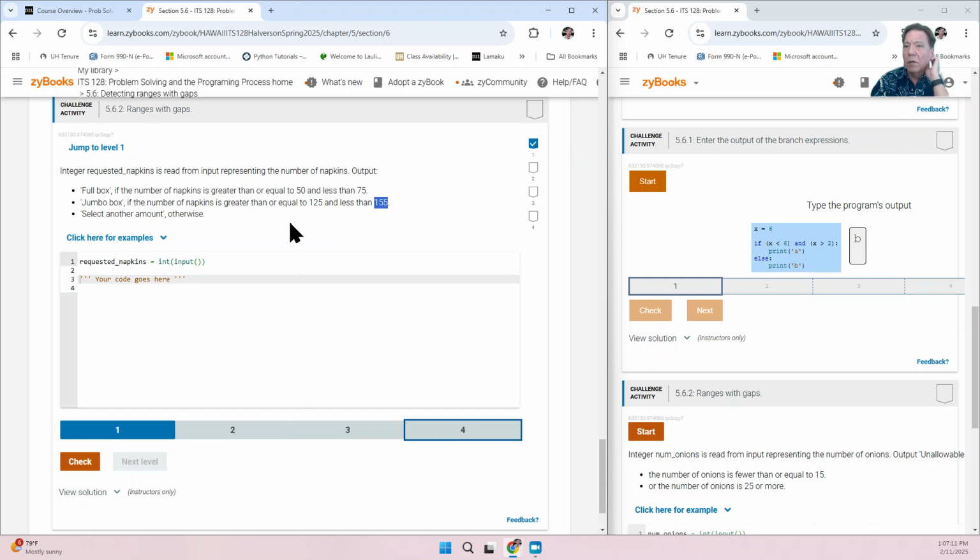Okay, so we want if a selection is defined by this range, so I'm going to do if requested napkins